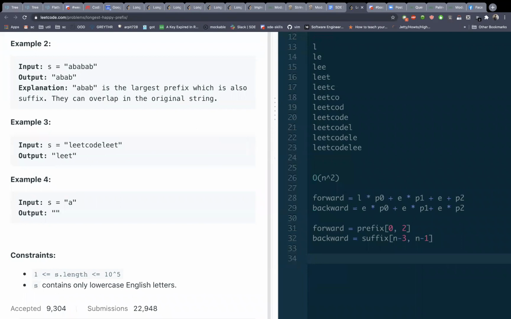Yeah. So that's what we do in this problem. We calculate hash from both the directions, forward as well as backward. And as and when we find our forward hash equals the backward hash, then we can say that we have gotten one possible answer, and we move ahead and keep updating our answer. I think in line number 29 it should be T into P2, yeah. Sorry. Yeah, sure.